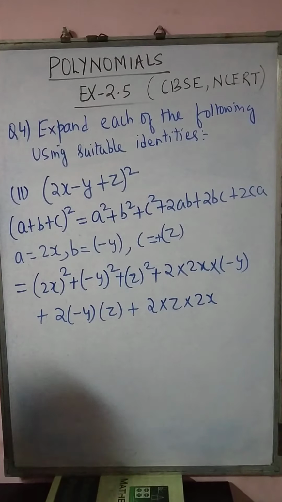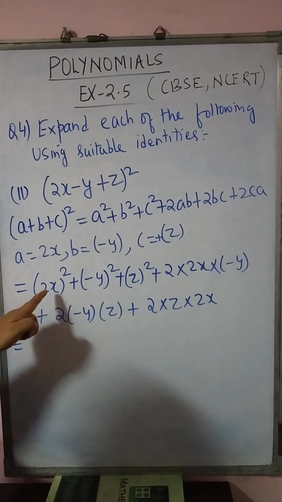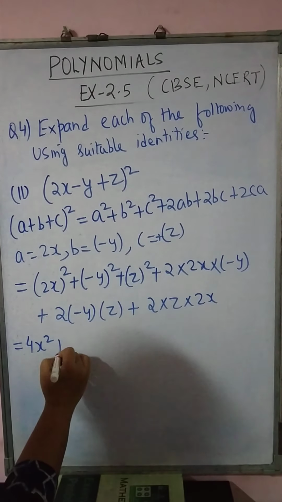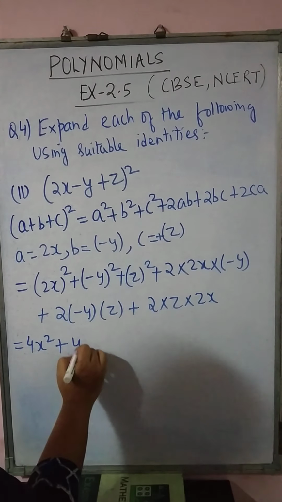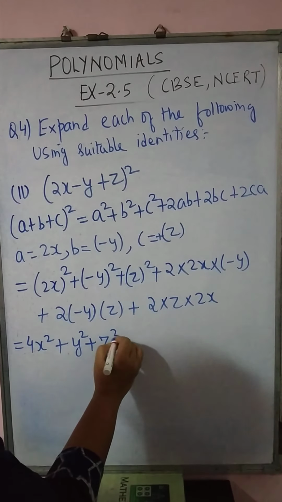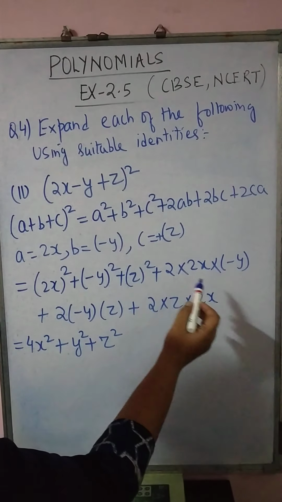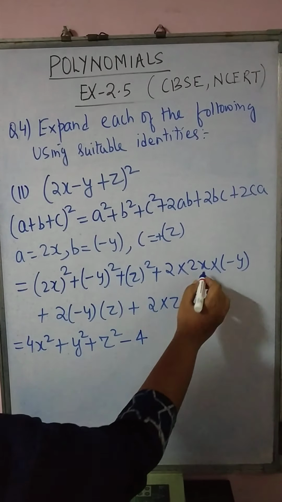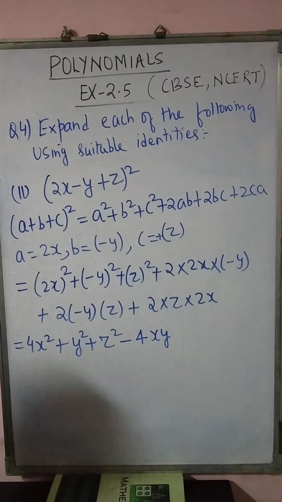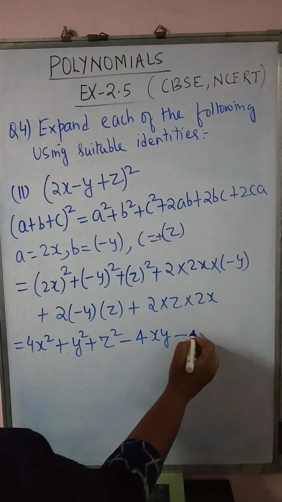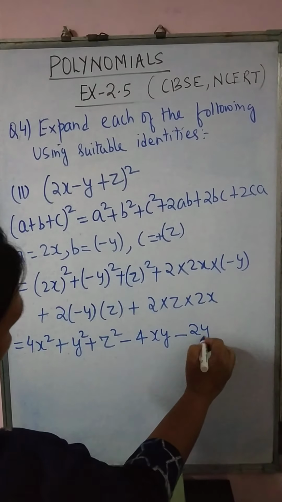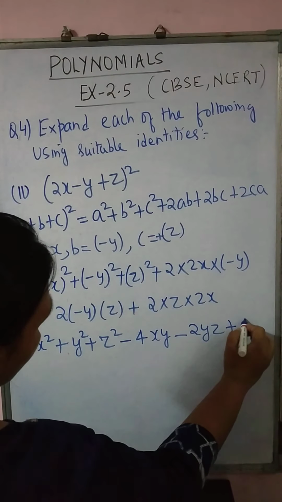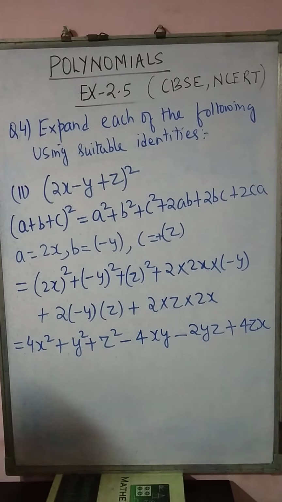Now we'll multiply. So 2x whole square will be square of 2 is 4 and square of x is x square, plus minus y whole square will be plus y square, plus z square. Now you check here the multiplication rule of integers. Plus into minus, minus. First multiply numbers, 2 into 2, 4, x into y, xy. Same, plus into minus, minus, only one number so write as it is, y into z, yz. Again here plus into plus, plus, 2 into 2, 4, zx. So this is done, question number 4.